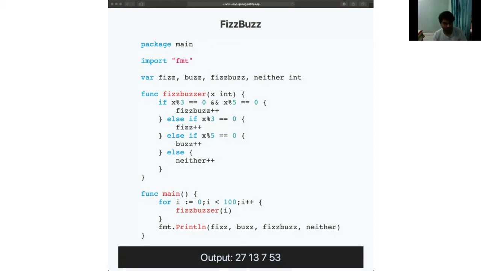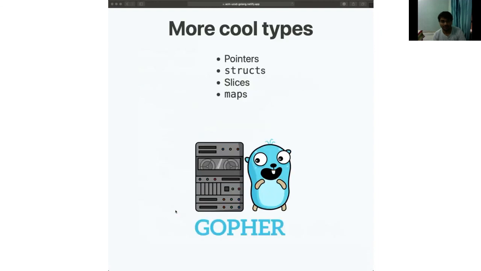All right, so let's move on then. So we talked about some of the different types, int and all those things. But actually, Go offers some really cool types like slices and maps. But before we get to that, let's talk about pointers and structs.